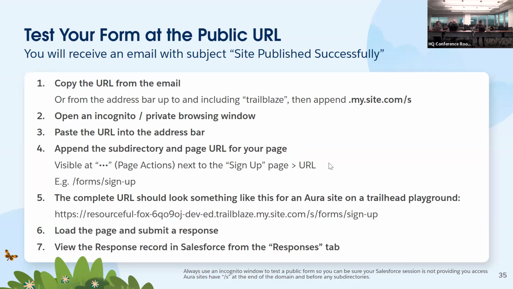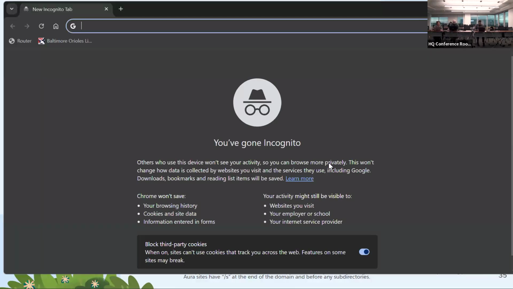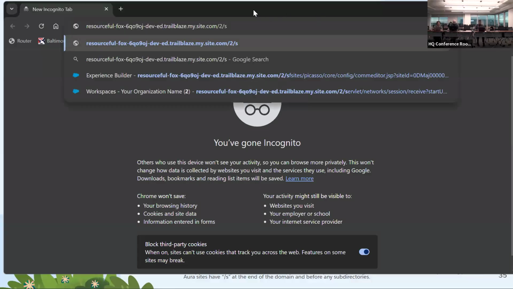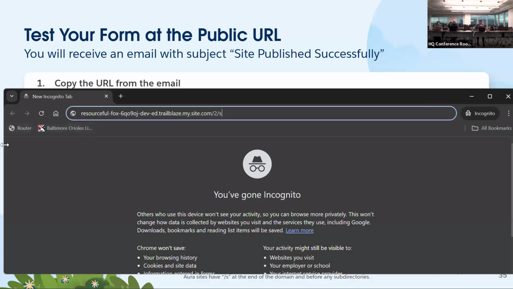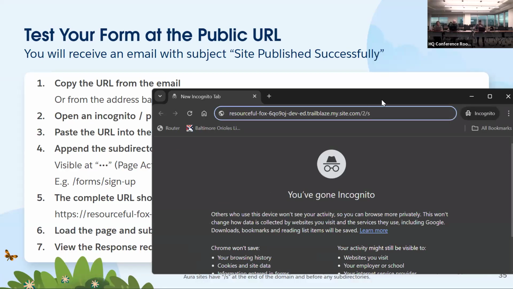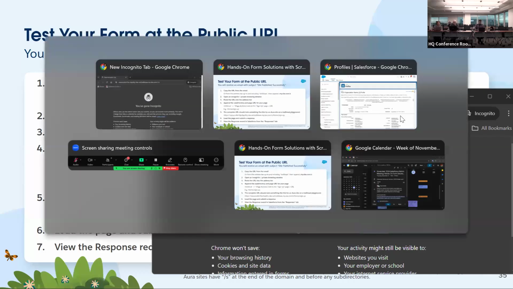So I'm going to open up an incognito window. I'm going to paste in that URL I copied from earlier. If you need it, it should be in your email, so you can get to it that way. Now the other part we're going to need is not just the base URL, but the actual full path to our public page. So the way you can get that information